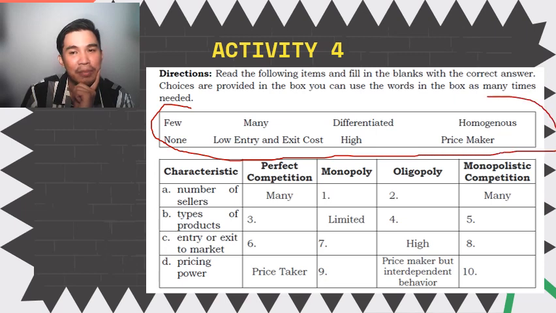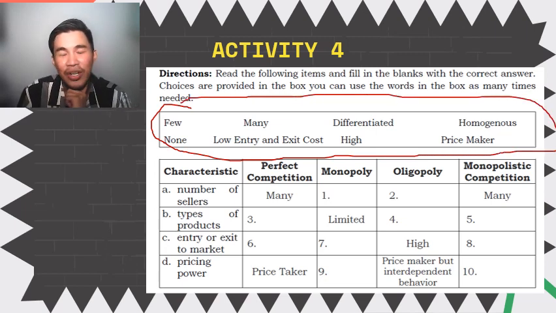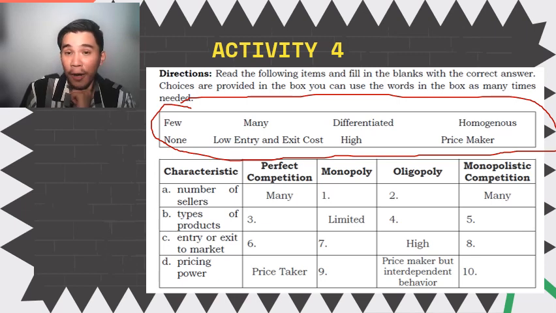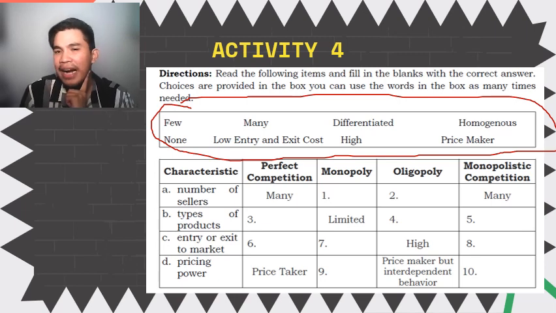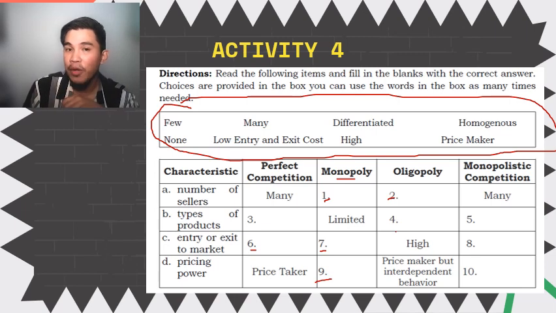Ayan, I will encircle the box. And we'll be choosing words here na ilalagay natin dito sa ating column. And per column, meron dyang mga nakasaad ng mga corresponding numbers. And those are the cells that we're going to answer. So, sasagutan na natin number 1 and number 2. For number 1, for monopoly, ano daw yung number of sellers niya? Uy, for monopoly, number of sellers,